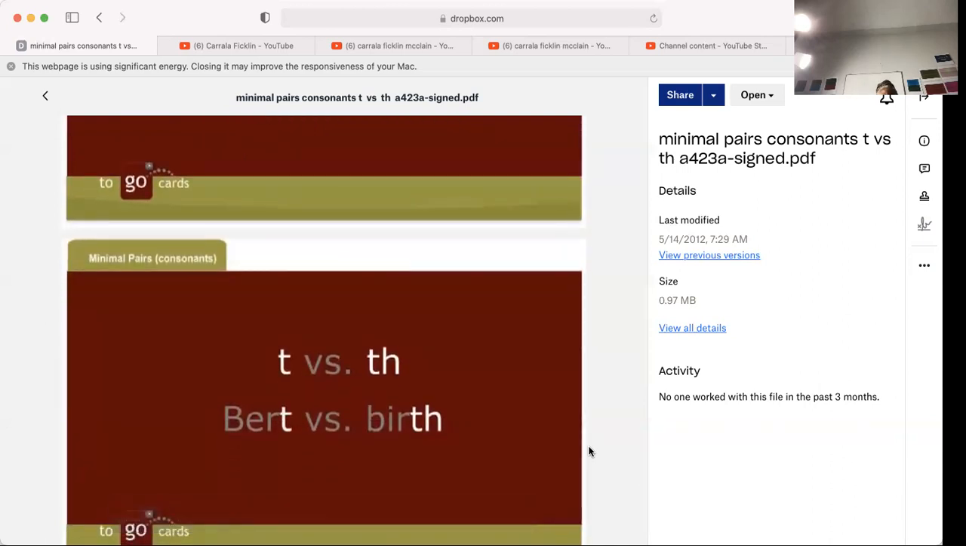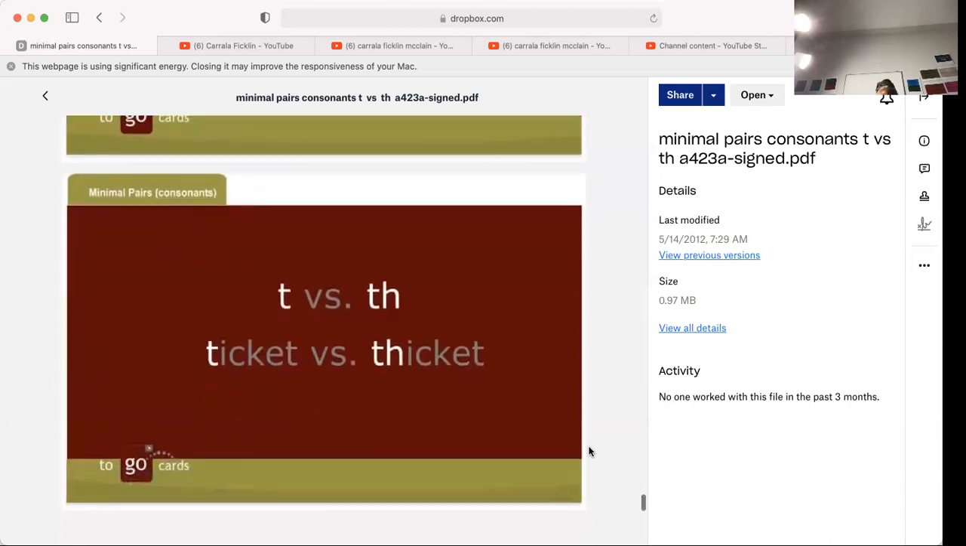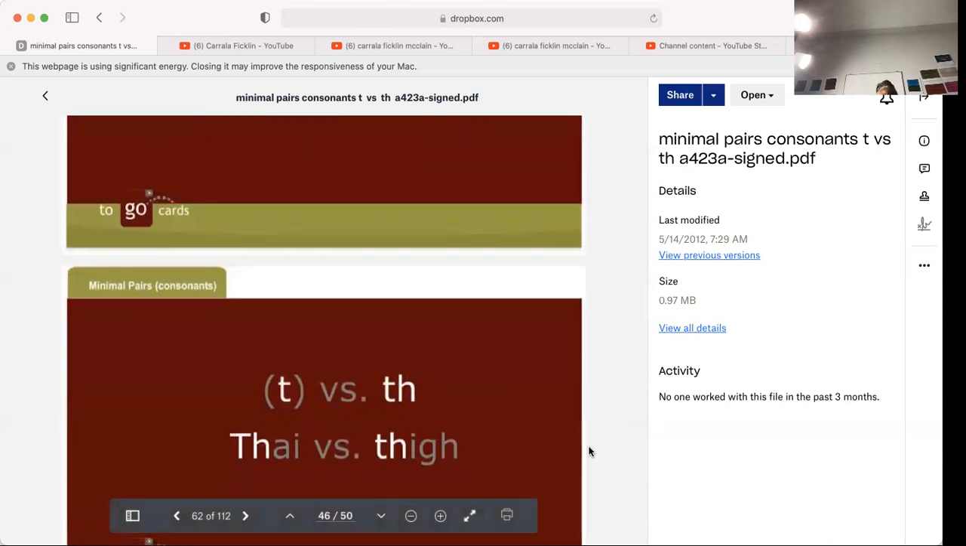Bert, birth, ticket, thicket, tie. Notice that TH, you're saying, oh, but that's TH versus TH. No, because it's the T sound. Thai, Thailand, and people from Thailand are called Thai, but it's not spelled T-I-E. It's spelled uppercase T-H-A-I. You see, because that A-I also has two pronunciations, A, and it has a pronunciation I. So it's Thai, thigh,